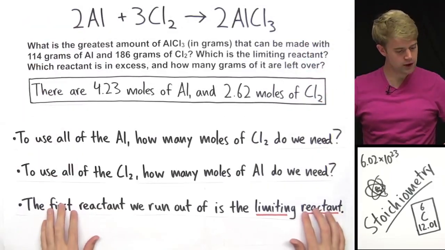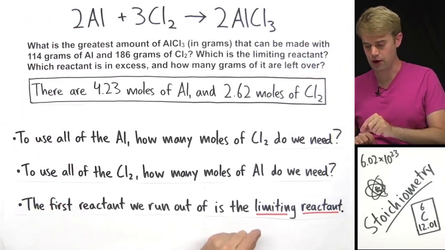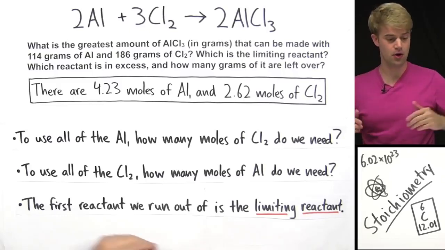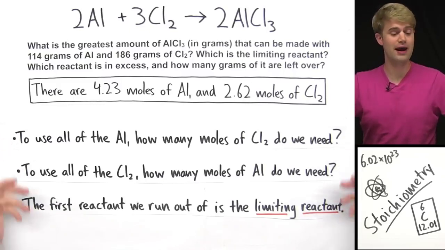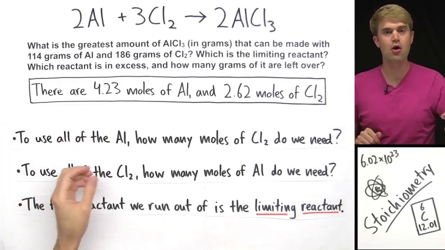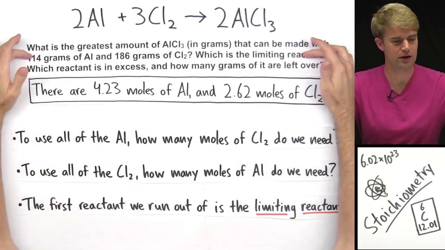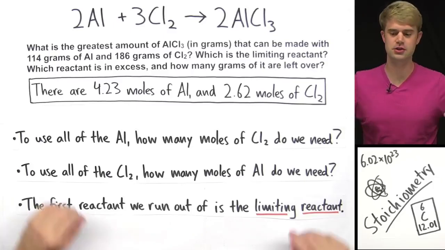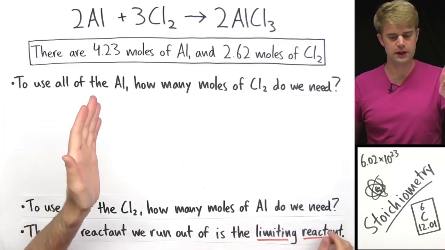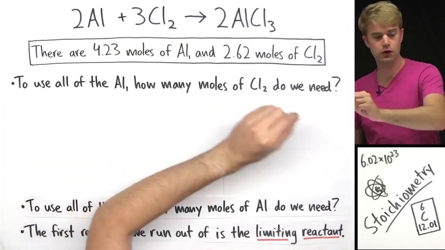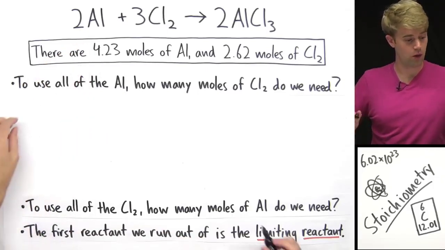Now, the first reactant that we run out of is the limiting reactant. We're going to figure out which do we run out of first. Do we run out of aluminum or do we run out of chlorine? To give us a little bit more space, I'm just going to get rid of this as we work through the limiting reactant stuff. Okay, so to use all of the aluminum, how many moles of chlorine do we need? Okay, well, we have